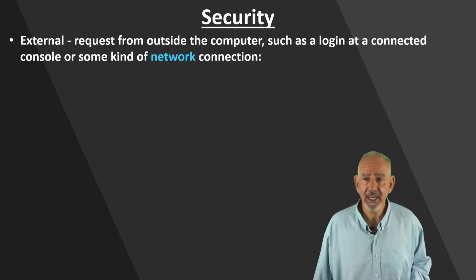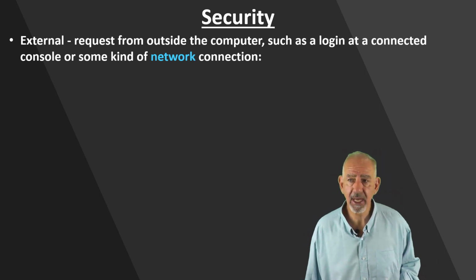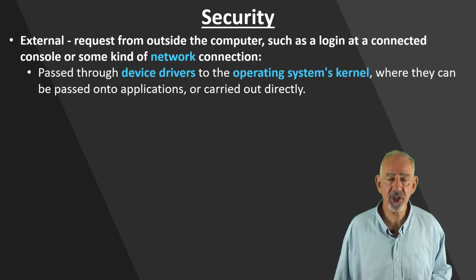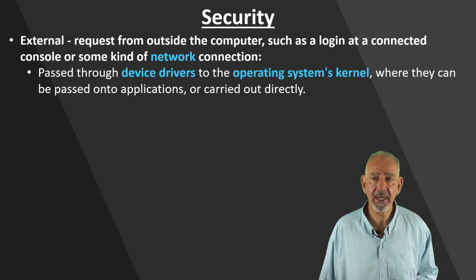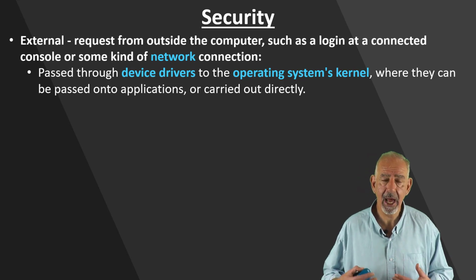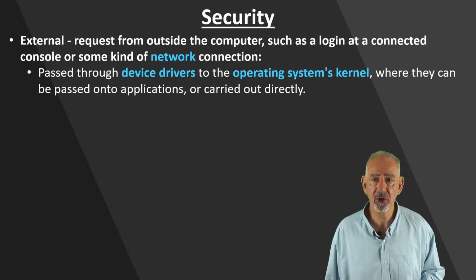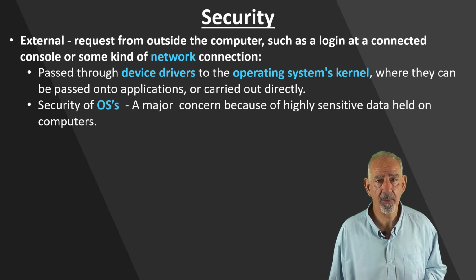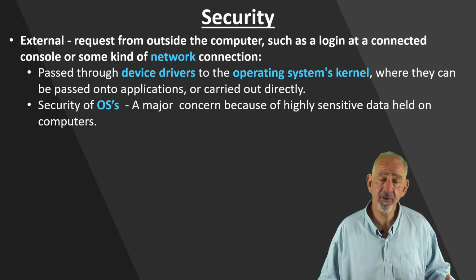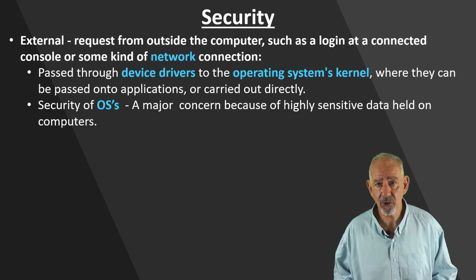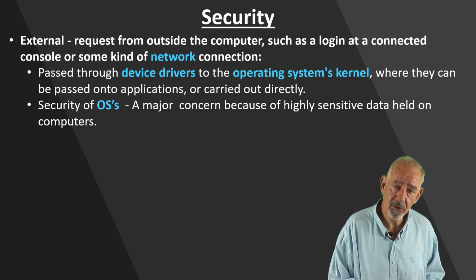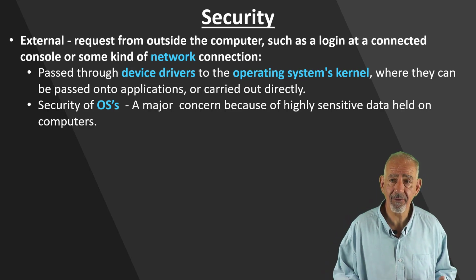So you can have things like external requests from an outside computer, and it can be checked. So they pass through device drivers to the operating system's kernel, where they can be passed into applications. So we have to go through that kernel first of all to check and make sure that what we're doing is secure. Security of our operating system is a major concern to everybody, because if we've got our banking details, financial details, and documentation from people who don't want other people's non-disclosure type of agreements, we have to make sure